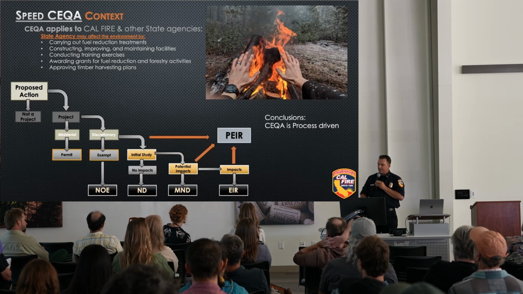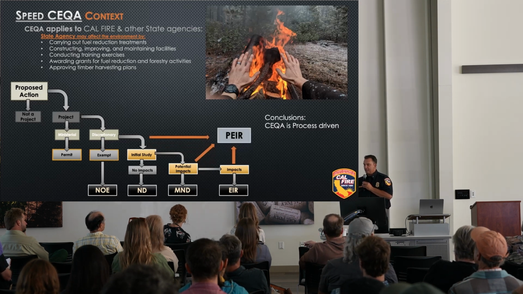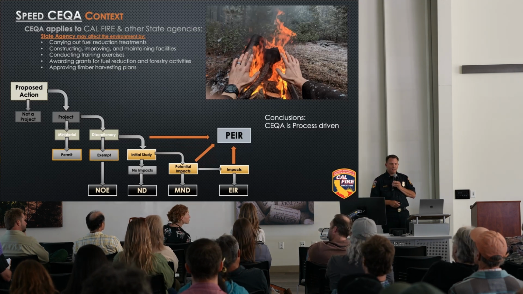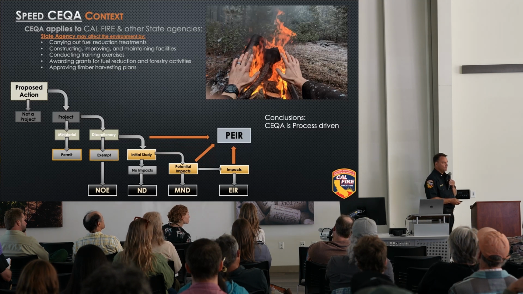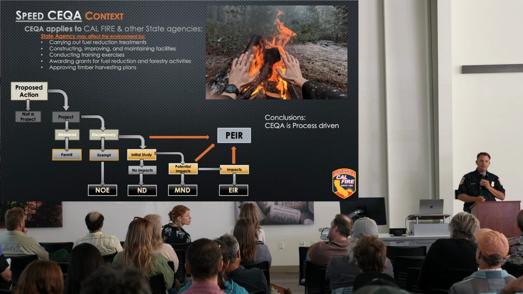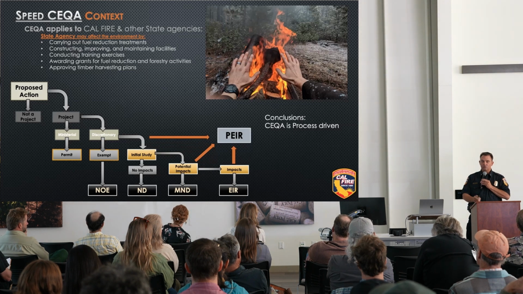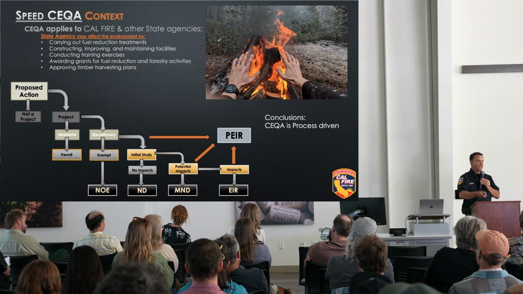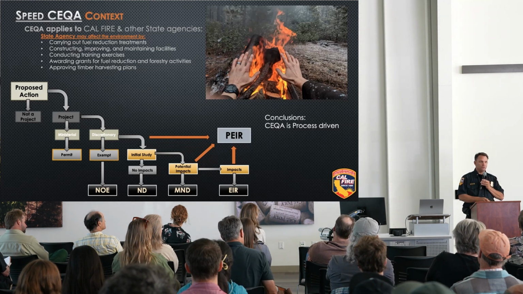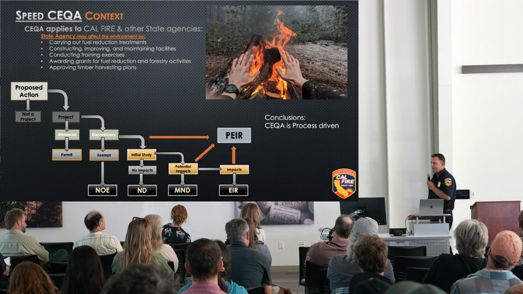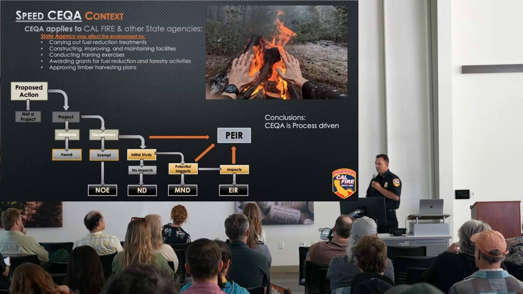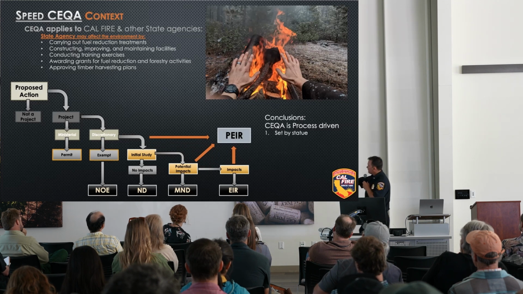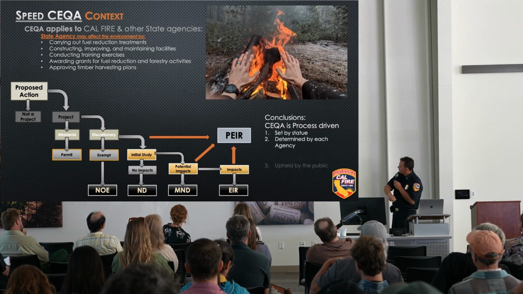Now, through all of these complexities, you can jump ahead and say, we're going to do a programmatic environmental impact report. This programmatic environmental impact report is what Cal VTP is. That's what the Board of Forestry created. This tool jumps ahead and says, I might have impacts. I'm going to have automatic mitigation measures for these impacts in order to get through them, so then I can use this tool and do my project. But there are limitations for that project. The process is set by statute. I'm going to skip over this quick because it's